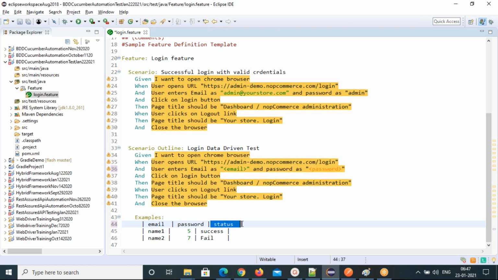So remove these things, we don't want them. Just remove, and you pass the values now. So what are the values we are giving? Email value first, you give the valid value first. This is the one.